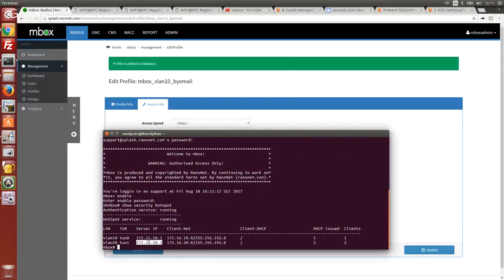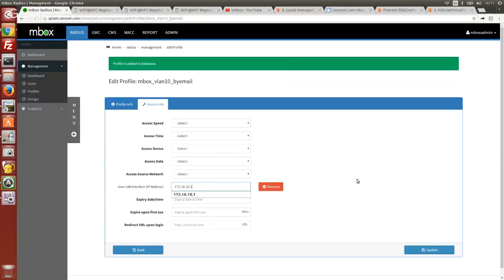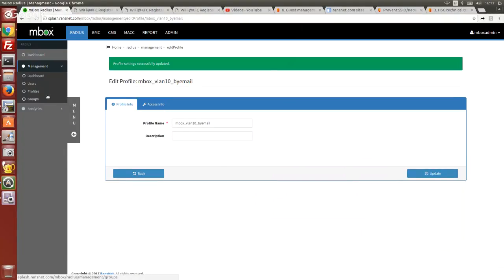So I want to restrict the users coming from VLAN 10 to be only able to log into VLAN 10 only. That means coming in from hotspot server IP. This is a hotspot server IP. So I will just paste the configuration here. And now with this configuration, I would try to